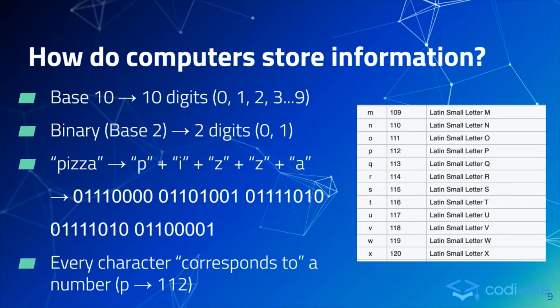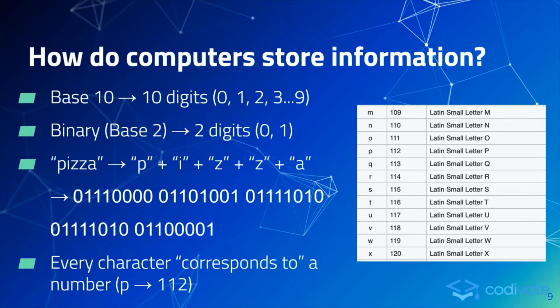Since computers can't understand English like we can, they can only understand human information as long strings of binary numbers. For example, the word pizza from earlier is actually a very long binary number. But how does this actually work? Well, in the world of computing and computer science, all the different characters or single letter strings are assigned a certain number. You can think of the word pizza as a set of 5 characters: P, I, Z, another Z,